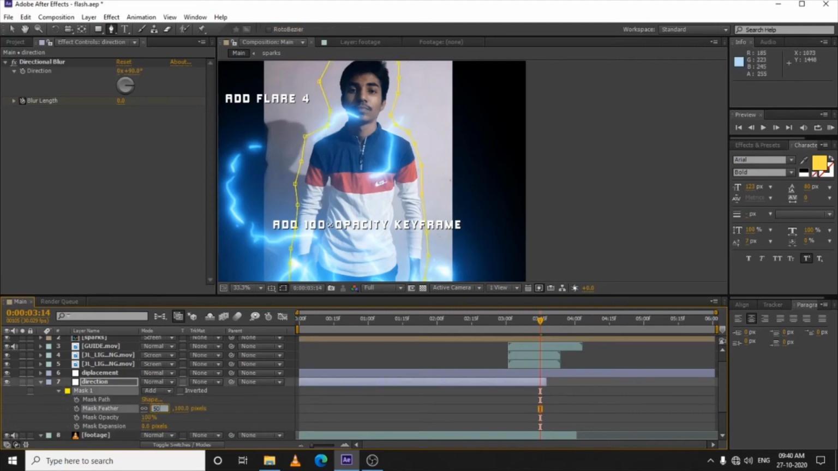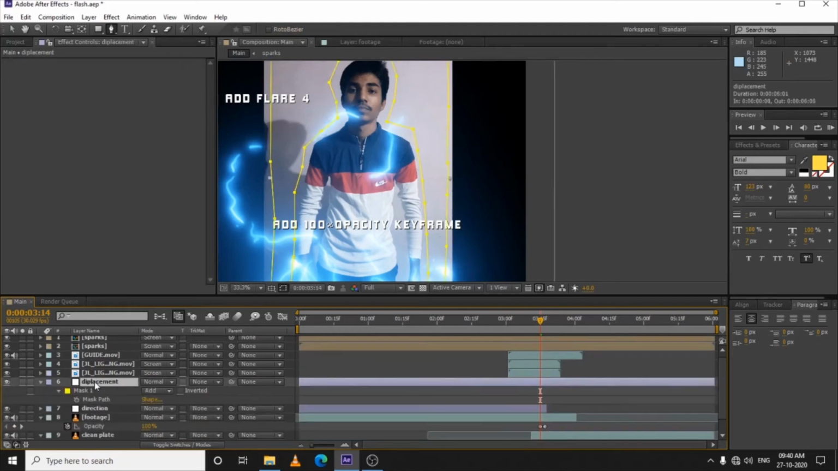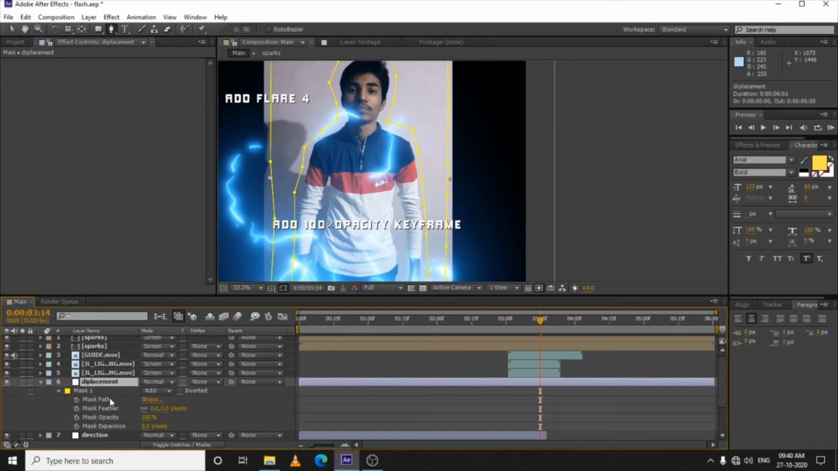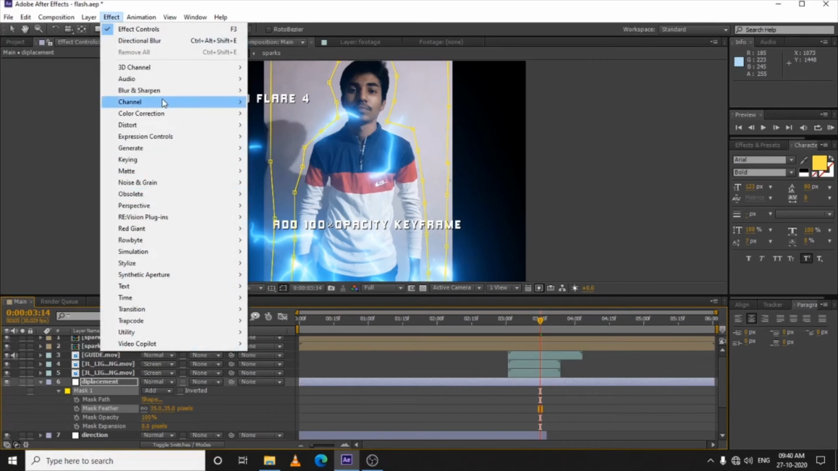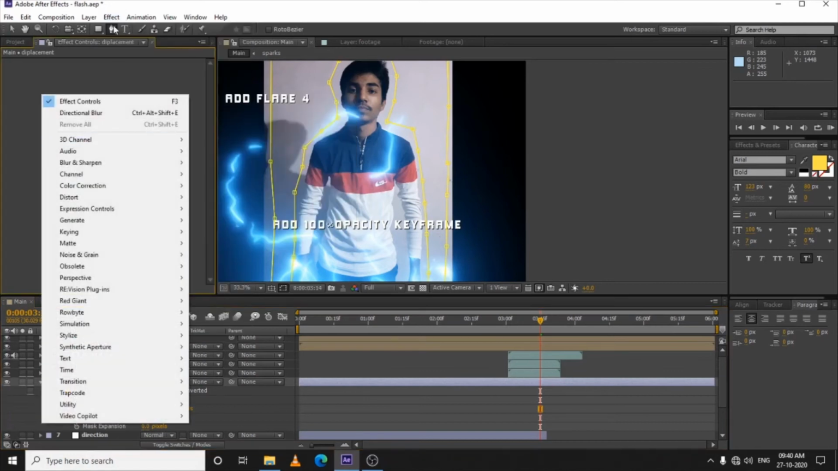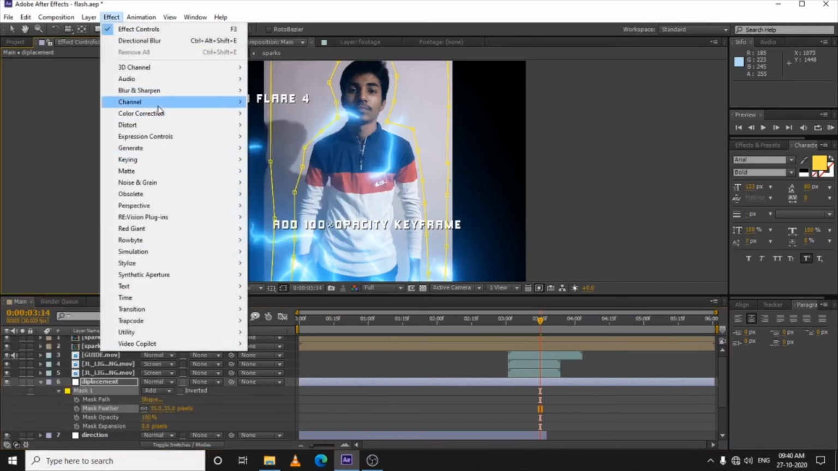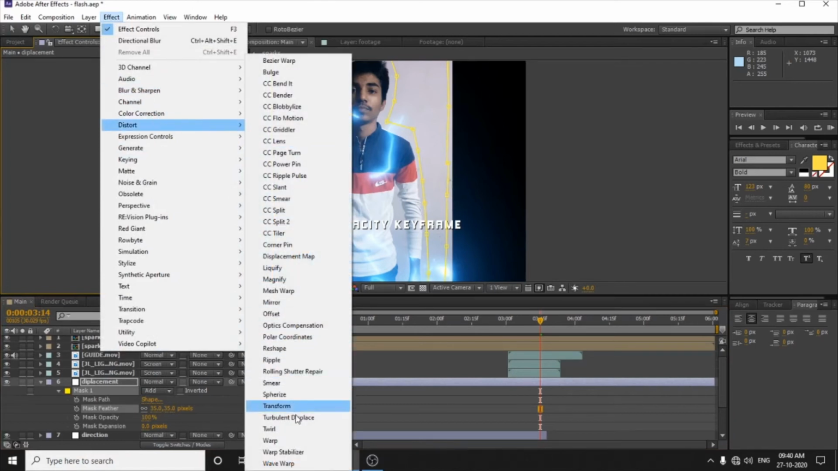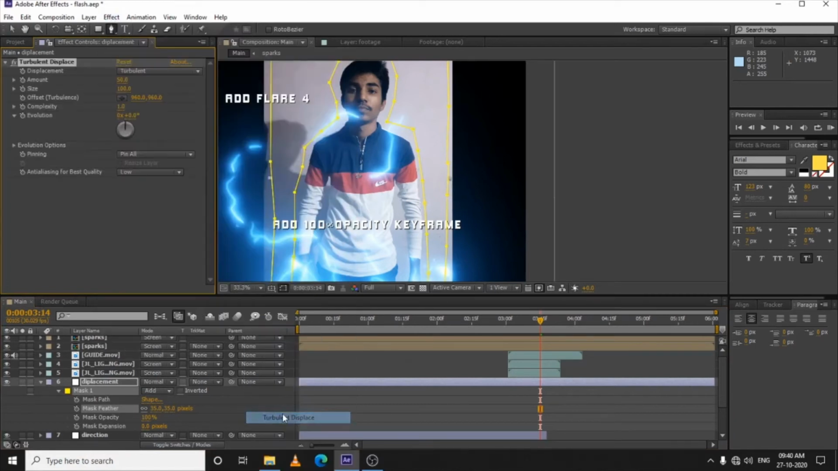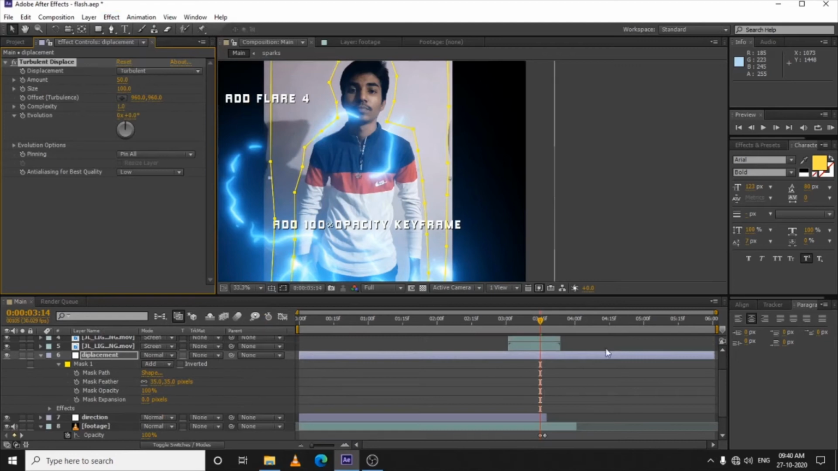Okay, let's just keep it 50. Same for this one also. Select the displacement, hit M, open the mask feather. Let's make it 35. Now right click, you can just right click here and select the effects, but I'm going to here, effects, distort and turbulent displace. Now let's make the amount,